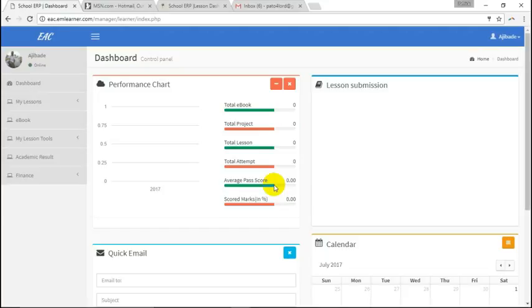And so the average pass score will be, like yesterday you created a lesson. The average pass score, the score was 50%, that is the average pass score. And so if the students score marks below that percentage, this will be the differences. This will be the score performance of the student. Overall performance in any subject that the student is doing. The system maps everything and then accumulates it and then pushes it out.